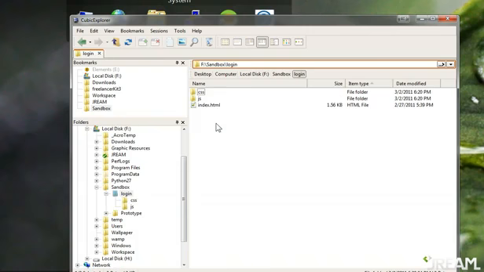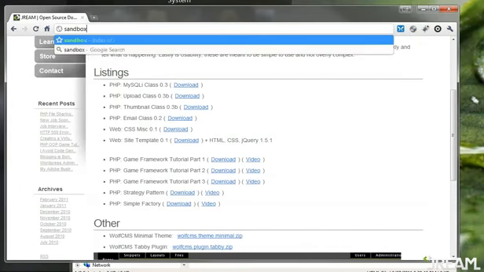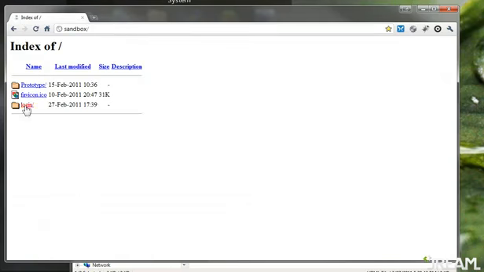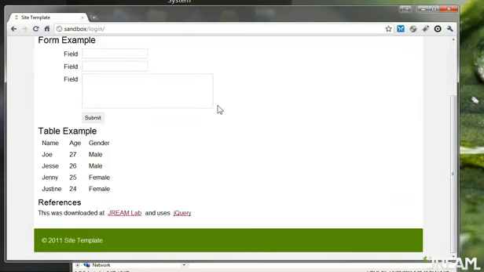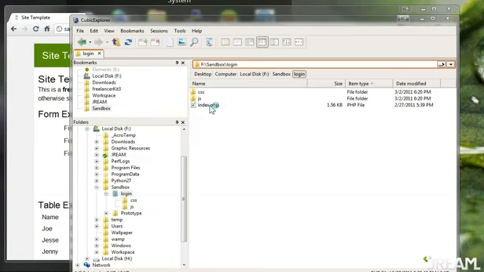Okay, and inside of here we have just some simple stuff. I'm going to rename this to .php, save. Okay, and make sure it works. I'm going to go to Sandbox, login, okay, and this is just a template. So let's get started. In index.php,